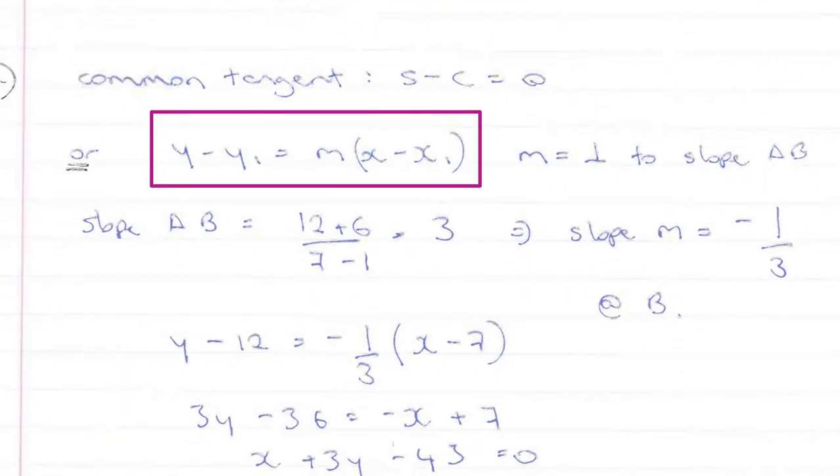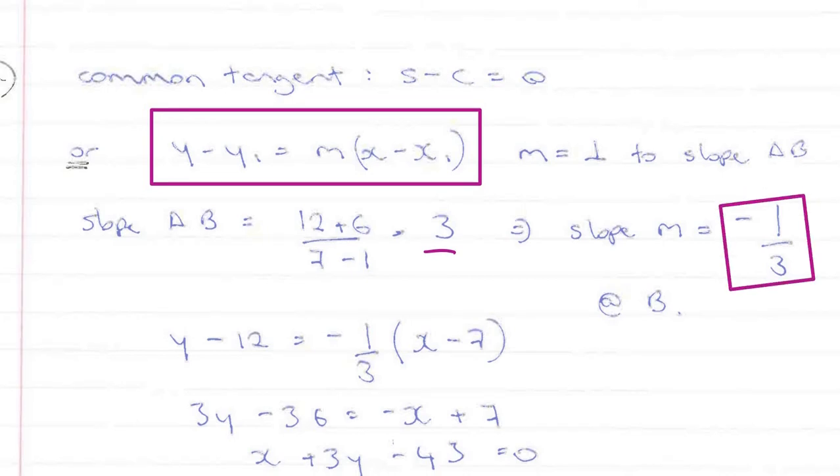So therefore the slope of AB is equal to 3, so the slope of the perpendicular to that is going to be minus the reciprocal, which is minus 1/3. And we know it contains the point B, which